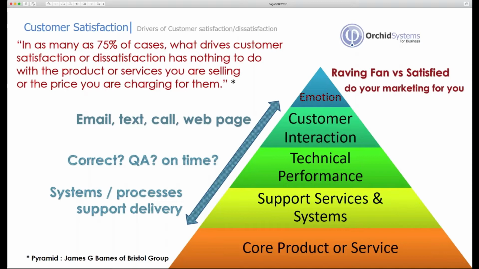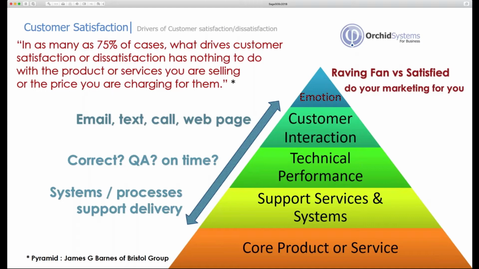And why would you want to have great customer satisfaction? And in fact, more than just having satisfied customers, why would you want to have a raving fan? Well, studies have shown that raving fans essentially do your marketing for you. They cost you less. They recommend you to their friends and colleagues, and effectively increase your marketing